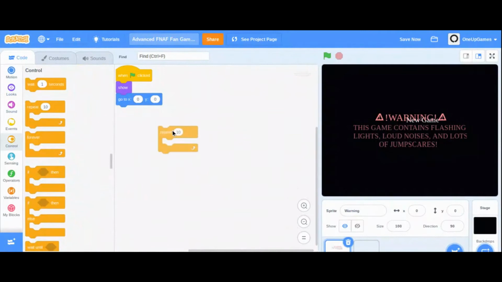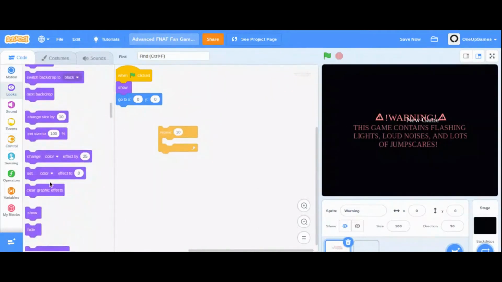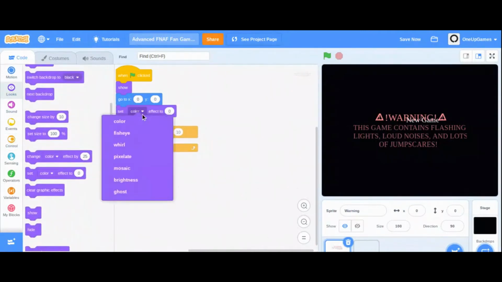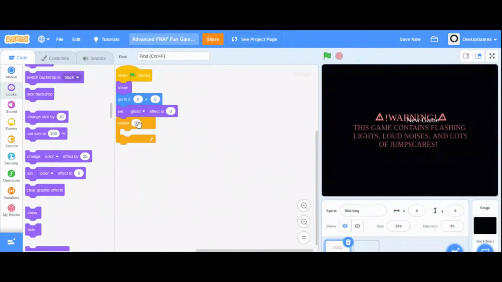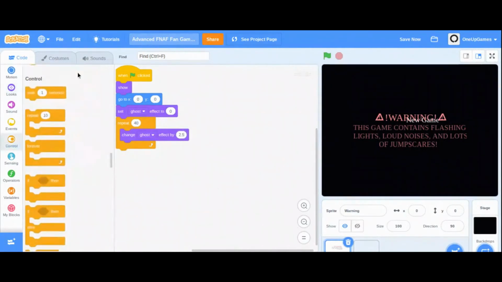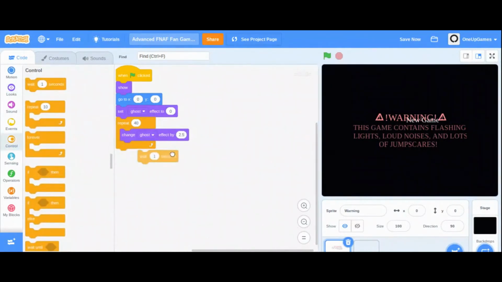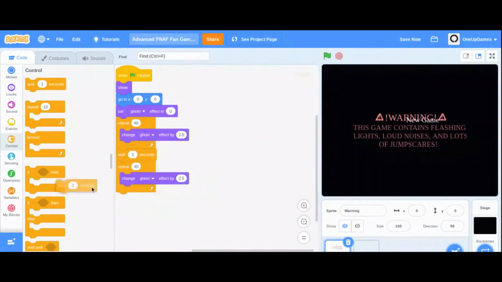Now let's go to control and get a repeat 10 loop, but right above that, get a set color effect and change it to the ghost effect. Change the repeat loop to 40, and then inside of that, put a change ghost effect by negative 2.5. Then we're going to wait 1 second and then duplicate that repeat loop, take away the wait at the bottom,